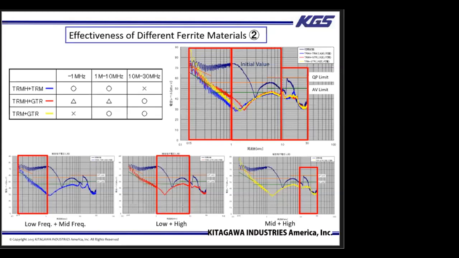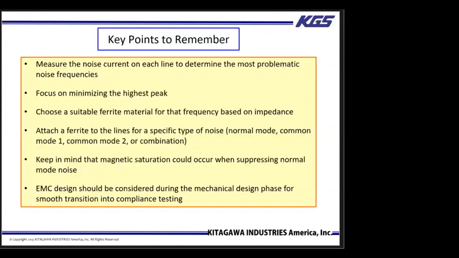It is effective up to 1 megahertz, but not good around 15 megahertz. Then we combined the low plus the high frequency core. It is good overall, but the lower range deteriorates. And lastly, we combined the middle and the high frequency range. It is effective around 15 megahertz, but the lower range sees an increase in noise. What this test is showing is that you cannot get the best out of both types. It is more like an average of the two cores.